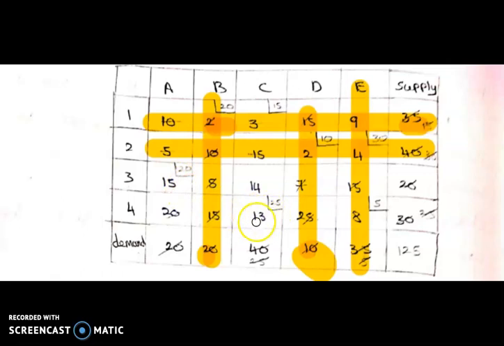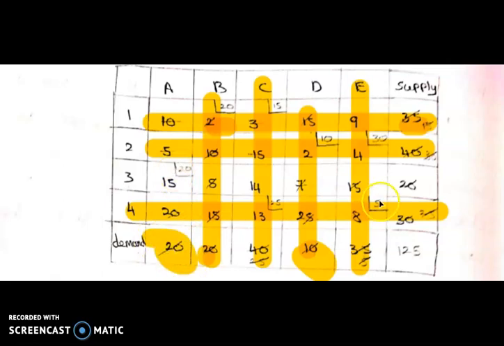I assign the minimum, 13. With 25 and 25, this row is cancelled and this column is also cancelled. Only one value remains, 15, with 20 and 20, so we assign an allocation of 20, and the values become 0. The total supply and total demand are fully cancelled.